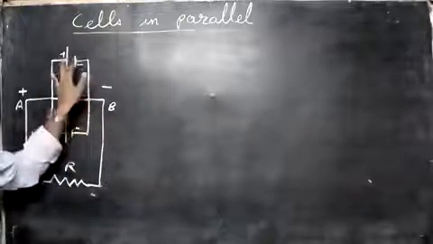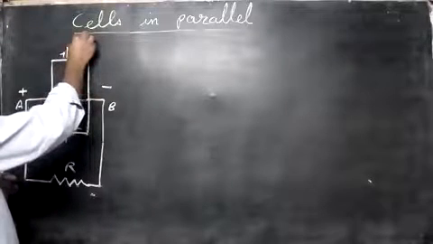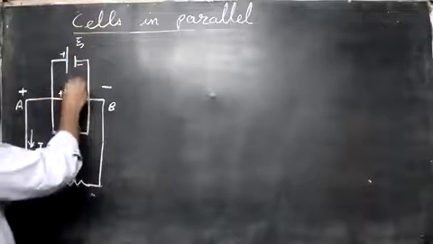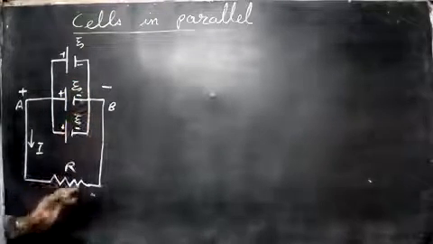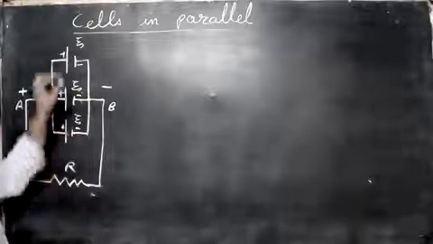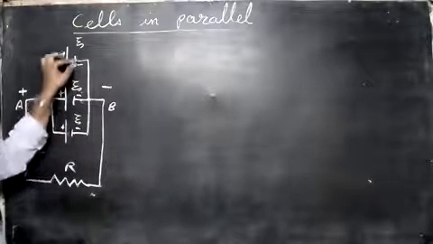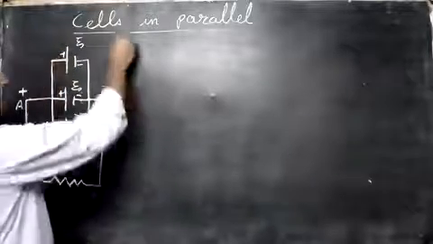Now our aim is to find the total current. Each cell will have an EMF psi. Each cell has the same EMF, we'll take. Now let's see what will be the equivalent resistance in the circuit. Each cell, we know, has an internal resistance. I didn't draw the internal resistance, but each cell has an internal resistance that is small, we know.